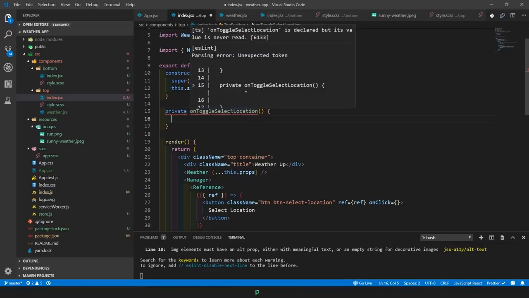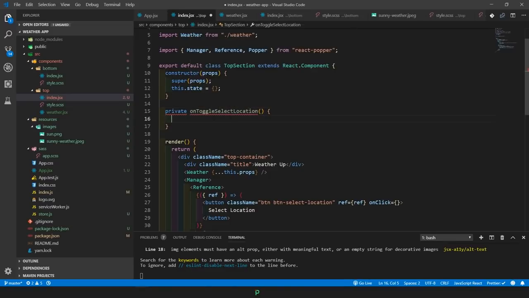I thought to myself, I'm actually in TypeScript, that's why I put it private. Sorry guys, I work a lot with TypeScript, that's why I did private over there. But anyway, so we put an onToggleSelectLocation method up there,